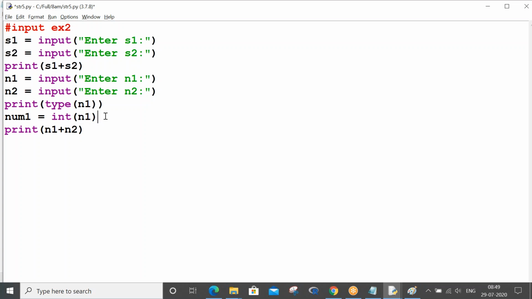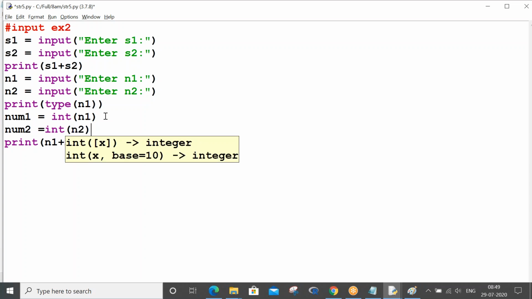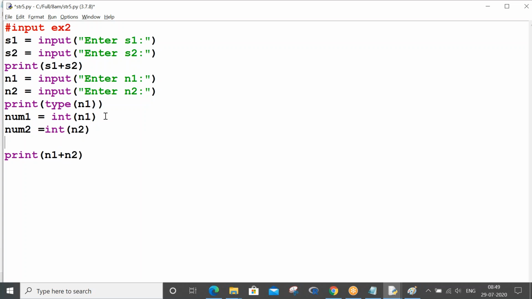Likewise you can do num2 is equals to int of n2. N2, whichever you are reading in the form of string, will get converted into integer, and you are storing that in a num2 variable. Now you do addition of num1 and num2, right? You will get the proper mathematical addition.